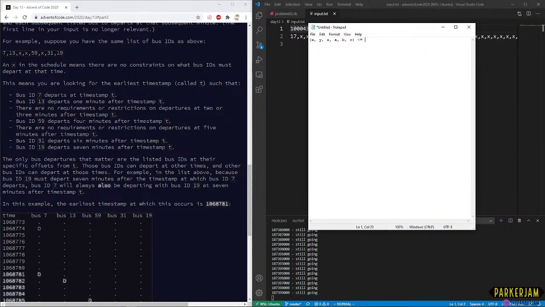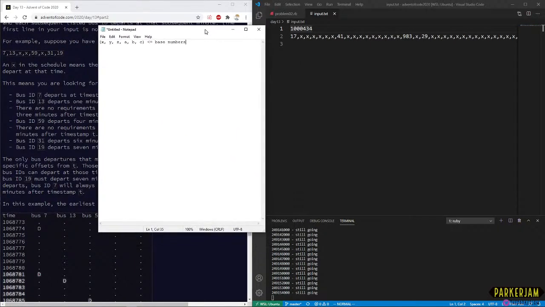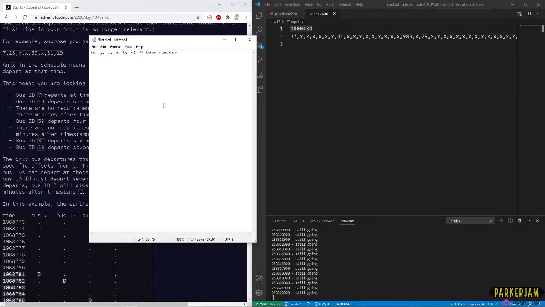I think in the samples I saw they were prime. I guess one simplification would be to cut out anything that can come in multiples, but no, I don't think that's actually useful. I think these are all prime.